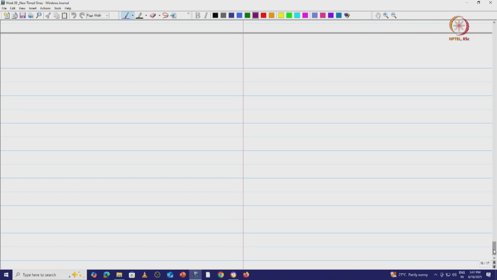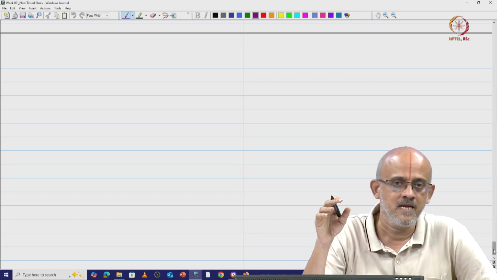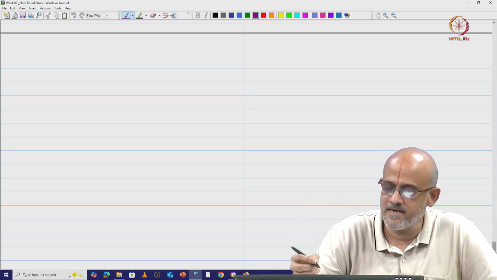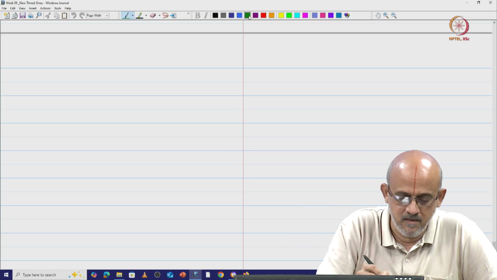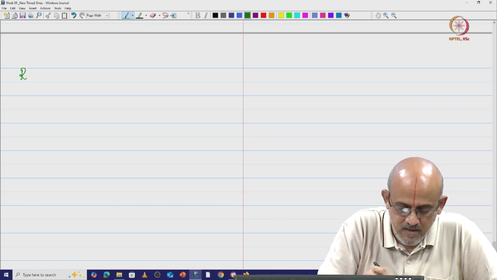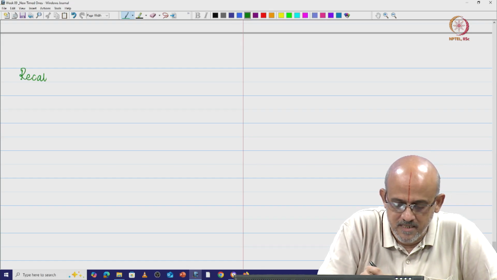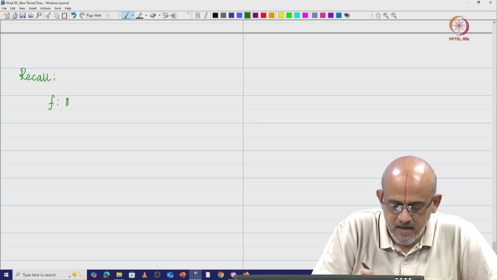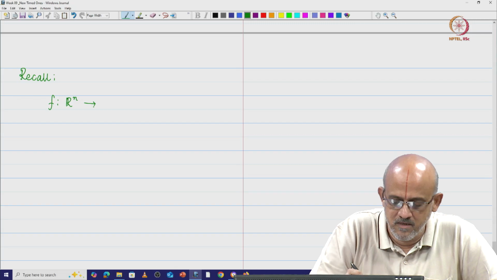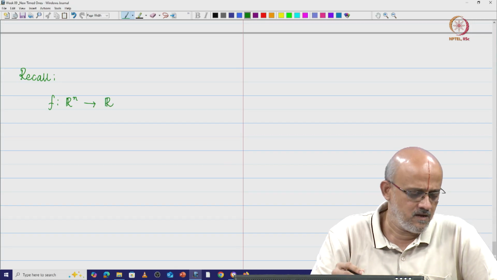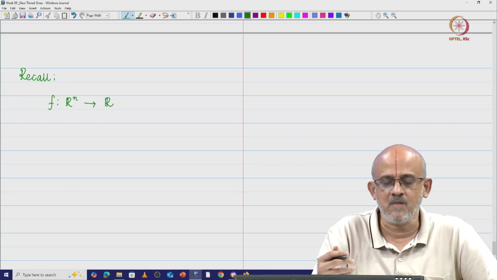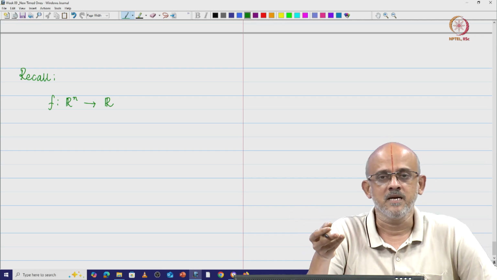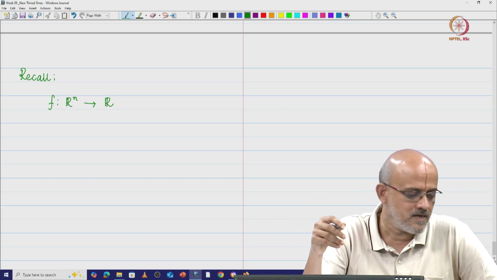So the focus of today's lecture is going to be the idea of gradients and directional derivatives. So let us look at what this gradient means. Let us do a quick recall of the ideas from last class. What did we say? Suppose I have a function which maps n variables to a real number, right? We can take a simple function which maps from R2 to R, where R2 is our xy plane and R is the real numbers. So we can look at that.